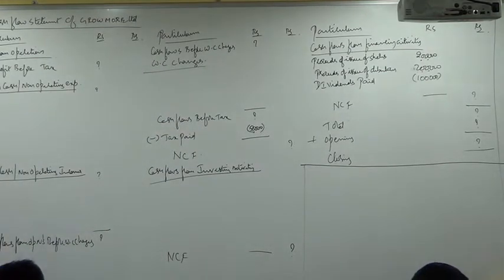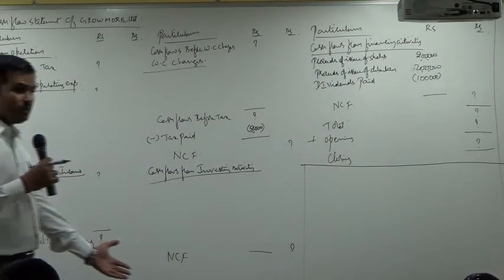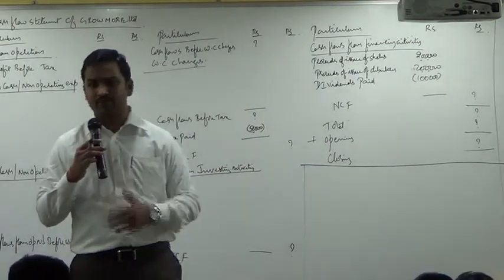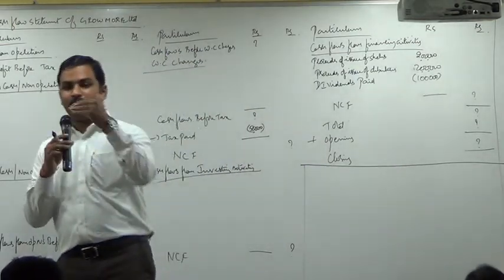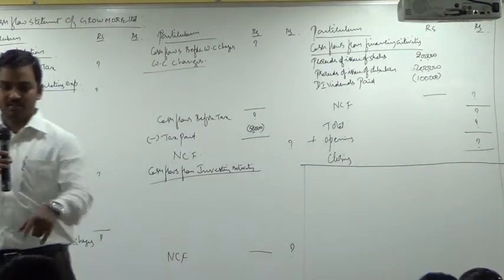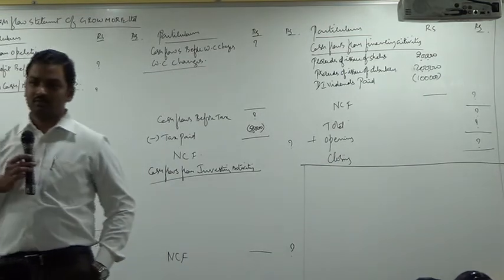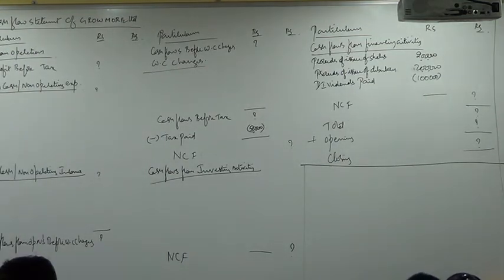Closing balance in proposed dividend, where will it appear? To balance carried down, debit side of proposed dividend account. To balance carried down 2 lakh. Now from where did this 2 lakh come? You have a closing balance of 2 lakh. From where did this closing balance come? During the current year, we have provided for proposed dividend. We passed an entry, P&L account debit to proposed dividend. So go to proposed dividend account, credit side, you write by P&L appropriation account. How much amount? 2 lakh.